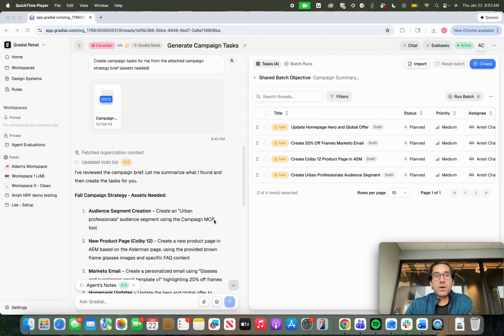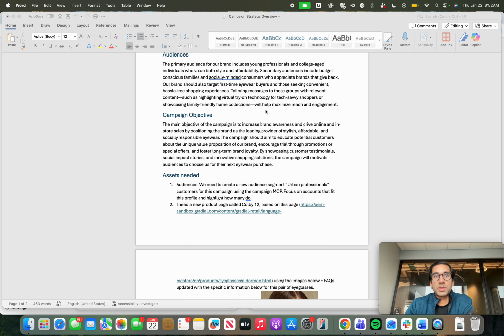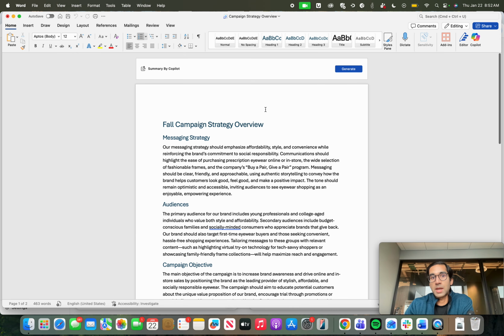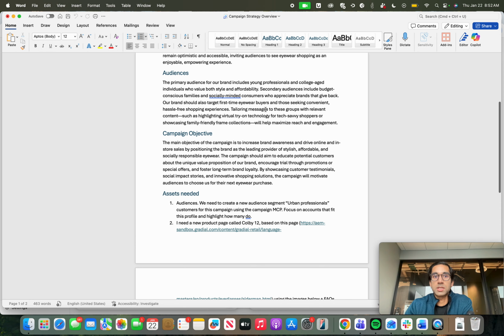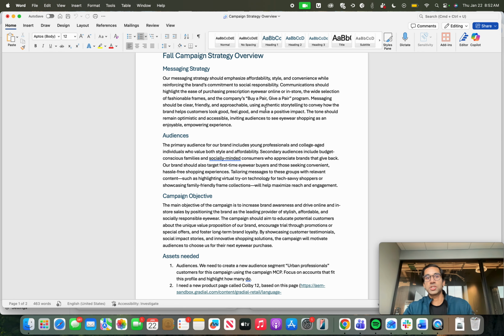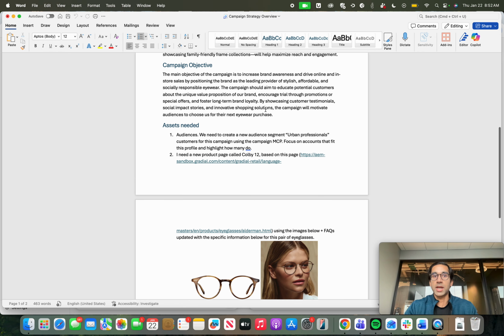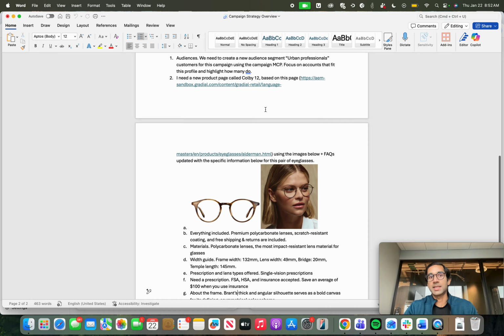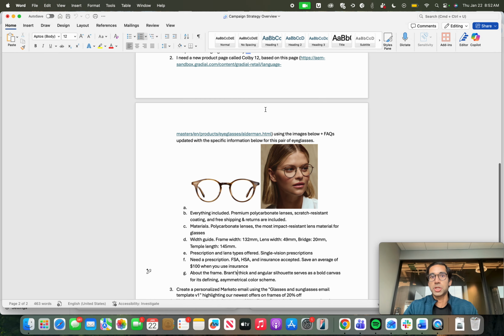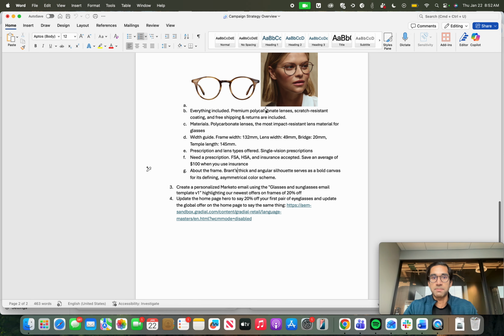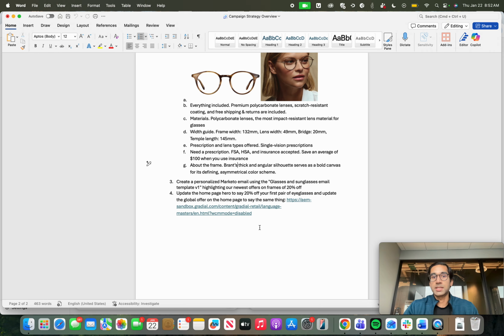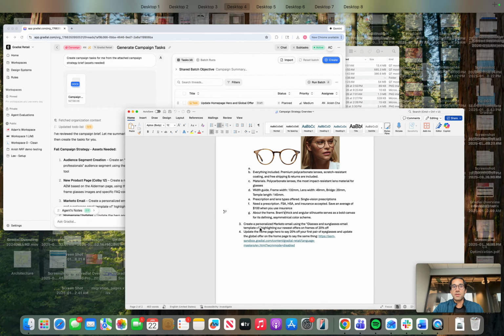So I'm going to go ahead and start with this creative brief, the type of input a marketer is typically starting a campaign with, where they have a messaging strategy, an audience, an objective, and then there's a bunch of assets that they need, from audience creation to page creation to content updates for new promos, to emails that they need to send out as well. And this is typically a production process that can take weeks or months in effort before that campaign is ready